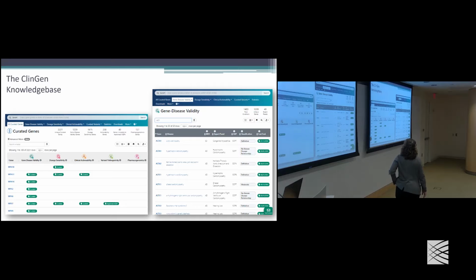So it's useful to get experts together and really think about the evidence in a very structured way. If you want to look up your favorite gene and whether it's been curated, you can go onto the ClinGen website, and this is just a screenshot of it. You can search the all curated genes tab and see whether any curations in the different domains have been done. So MYH7 has been curated in almost all of them. Or you can just go specifically to gene disease validity if that's the domain you're interested in. You'll get a full list of everything. You can export it, you can search on it, you can do whatever you want with it. All open, licensed, free to use as you wish.